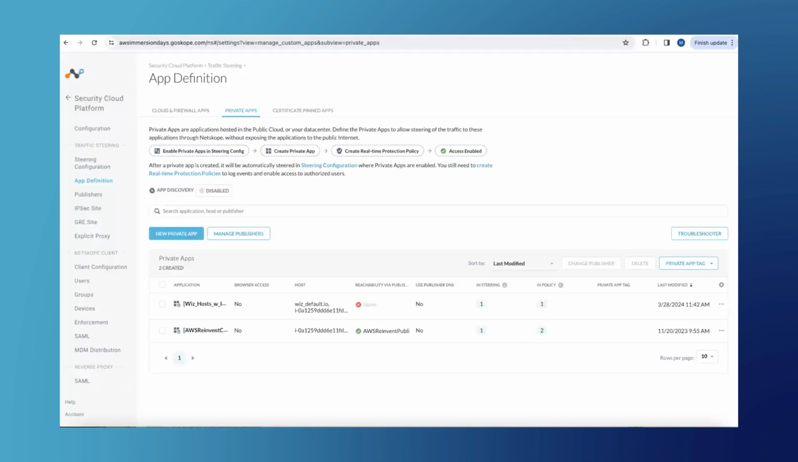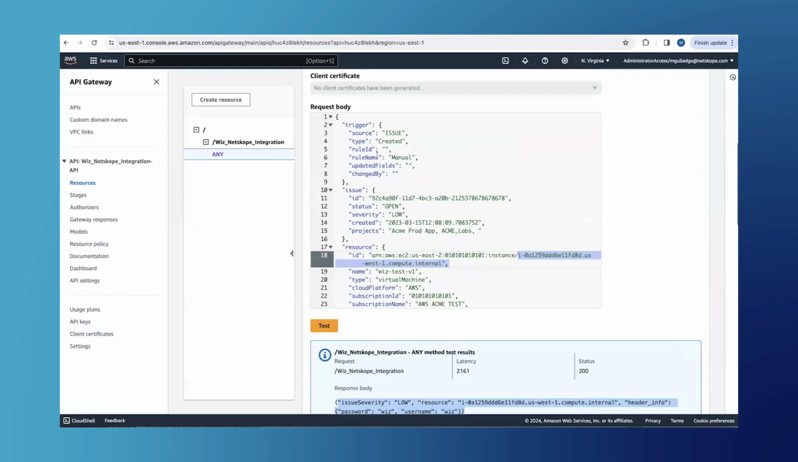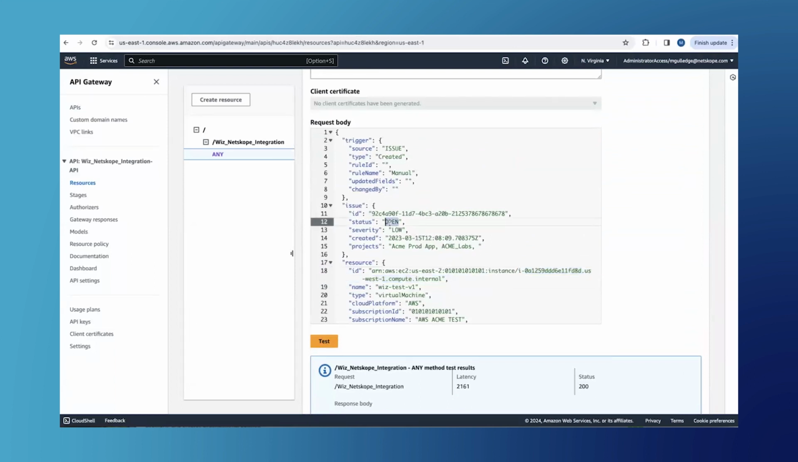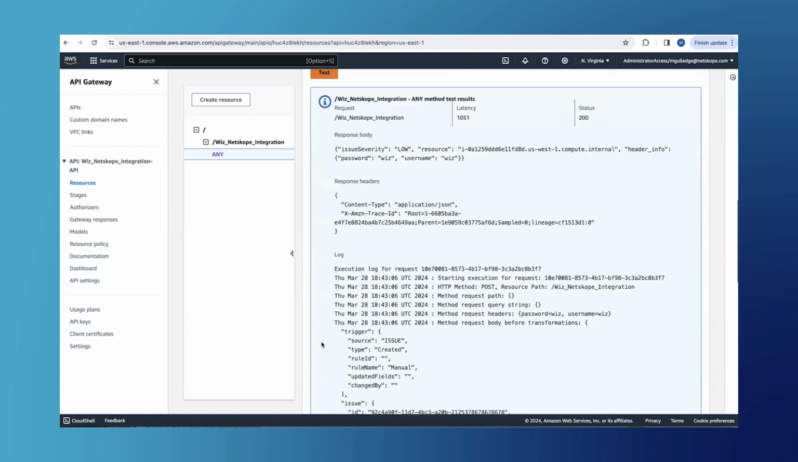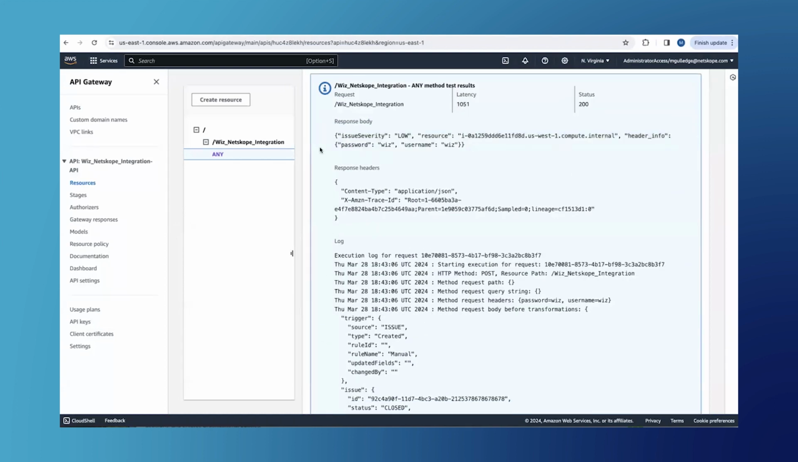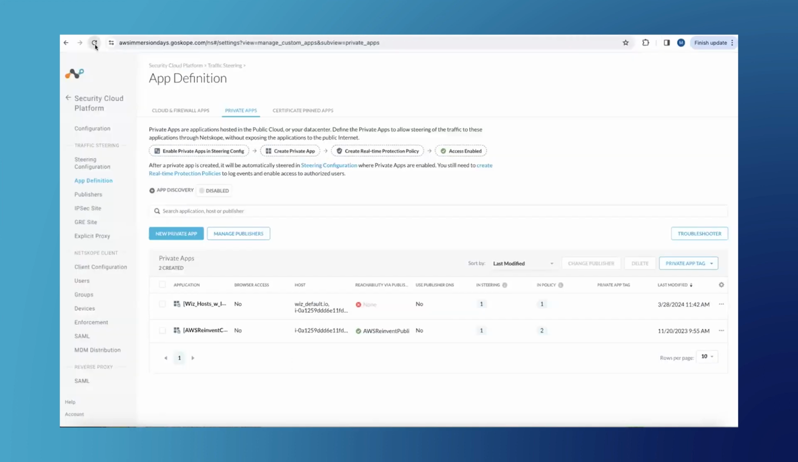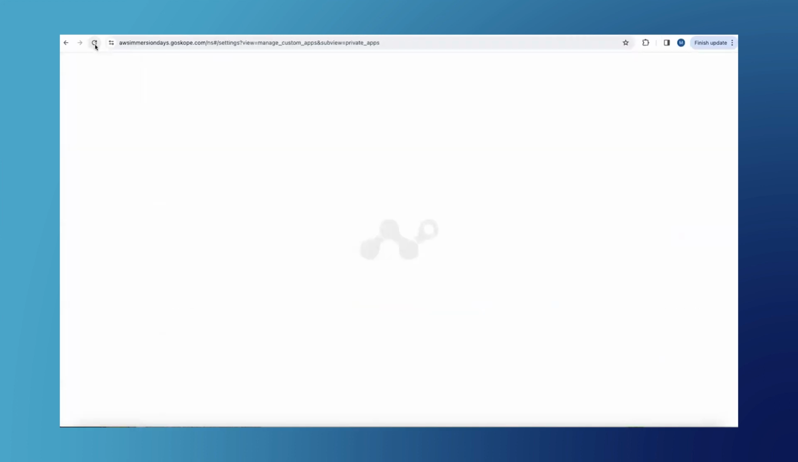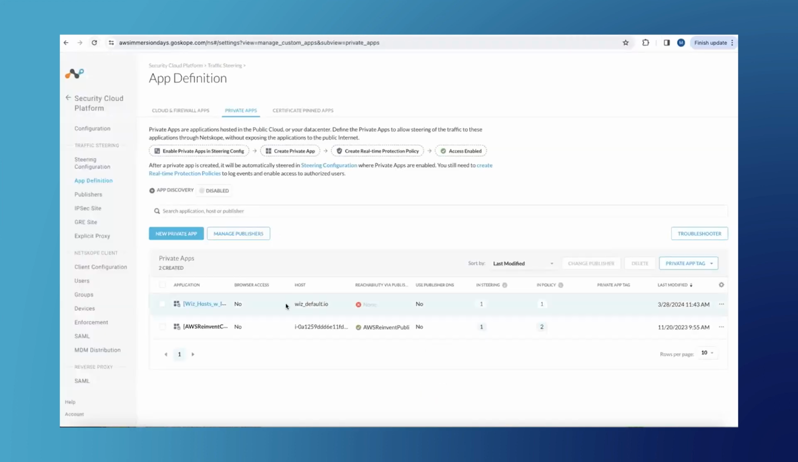So I'm going to go ahead and do that. I'm just going to say the status is going to go from open to closed. And we're going to test this. And we can see, great, issue status was closed. Wiz said everything's okay with this workload. So now I can come back into here, refresh, and we should see that the application has been removed from